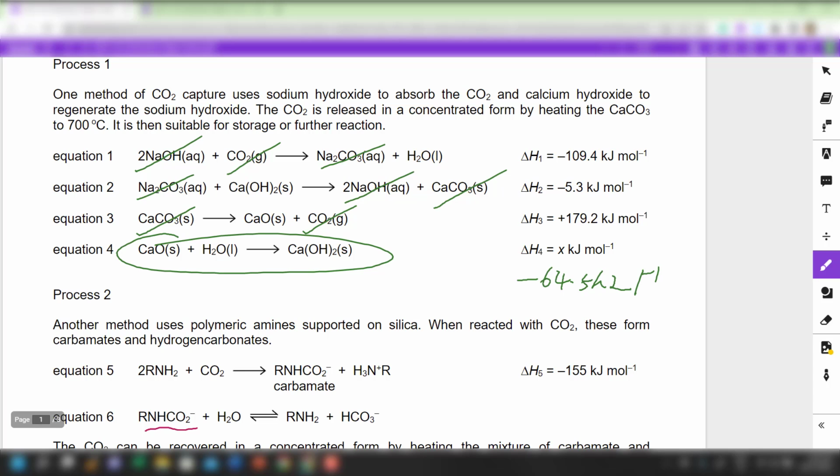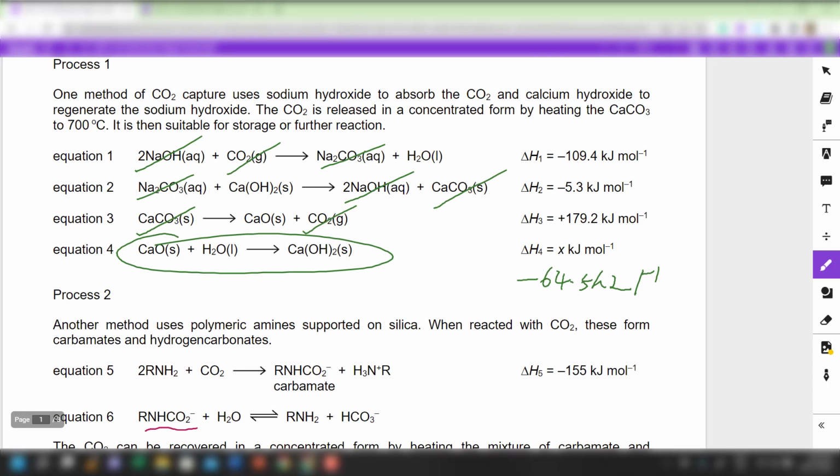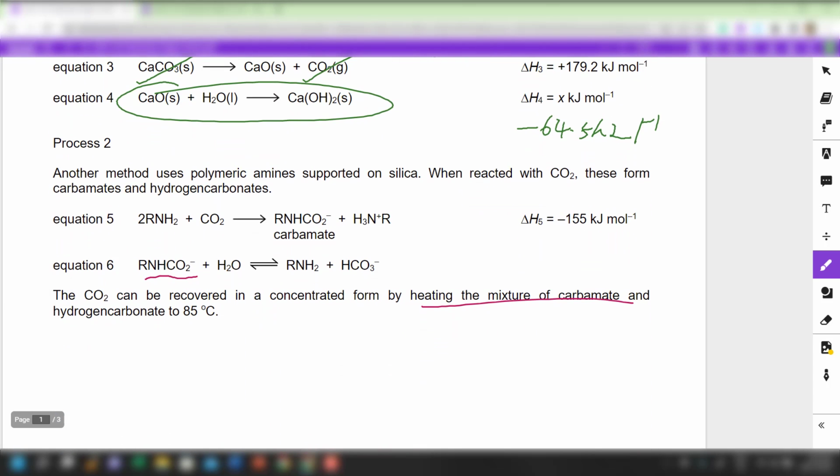Okay, so in that case, I'm actually introducing a lot of energy into the system to drive out the production of CO2. Okay, so we are supposed to compare the two. So what about process 2? For process 2, you are basically